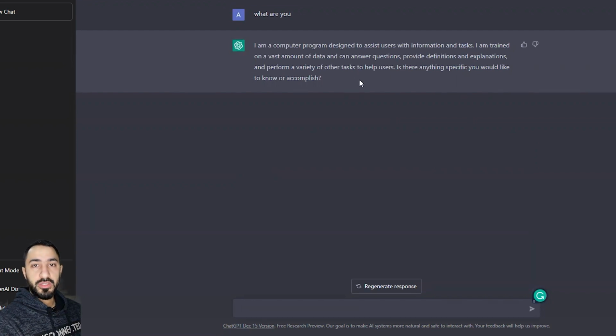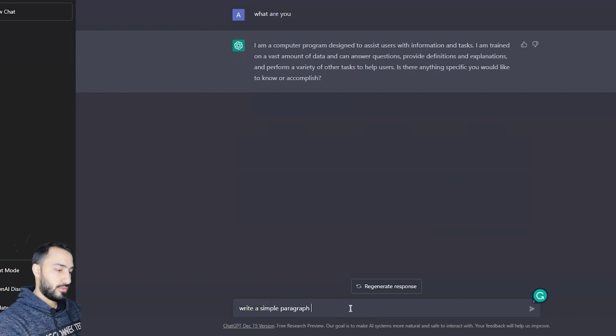So it can be used actually to get inspired with some ideas to include in your design. Sometimes you are stuck on some text that needs to be filled in your hero section or in your footer or in your header. So ChatGPT actually can help in that department. So for example, write a simple paragraph about, let's say we are making a website for a clothing company. Okay, so write a simple paragraph about a clothing company